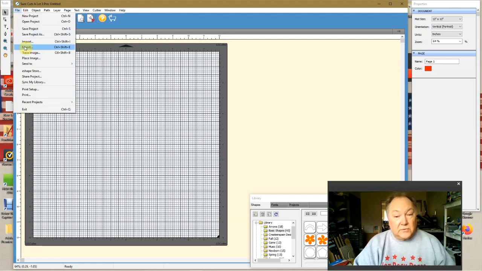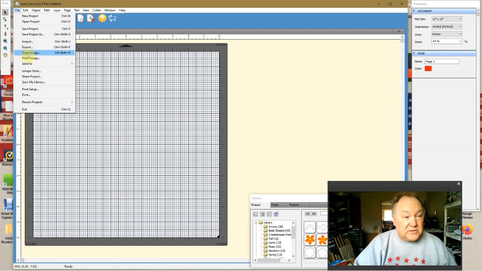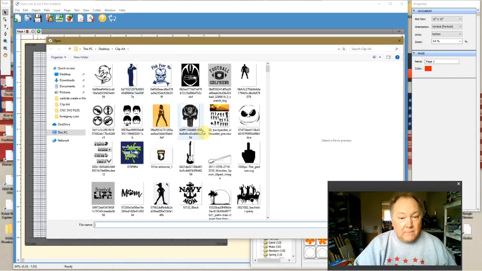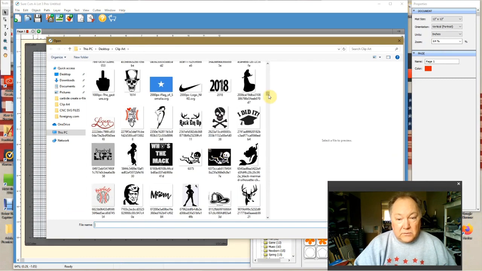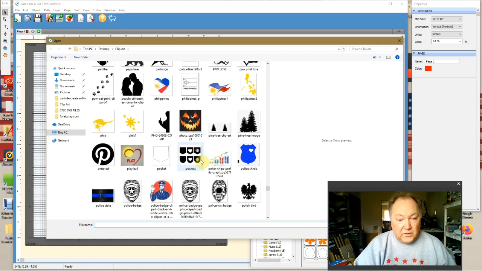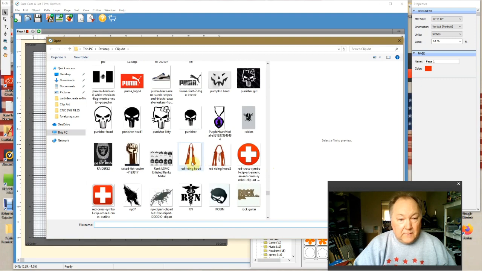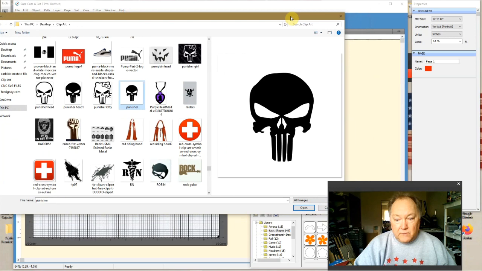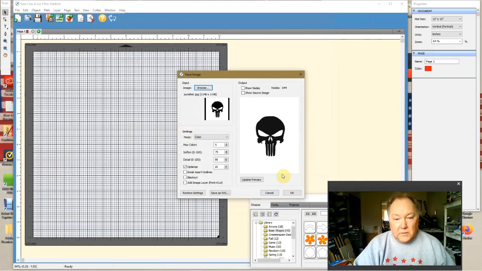So in this video, I'm gonna show you what I do with the tools that I have. We go to File, we're gonna go to Trace Image, we're gonna browse for the image, scroll down to the P, find the Punisher, and this one here. Open. Now where it says max colors, I go down to 2 colors and then hit update,